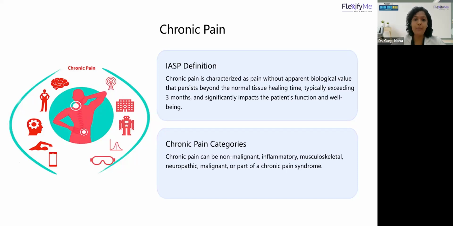Now, chronic pain को भी हम ना sub categories में divide कर लेते हैं to understand what is the reason of your chronic pain, right? So, broad categories are malignant pain, non-malignant pain, and a chronic pain syndrome. So, what is a malignant pain? Malignant pain मतलब कोई भी जो दर्द है, that is because of your cancer, right? Underlying tissues में अगर cancerous tissues है, if there is underlying cancer in some joints, in some organs, so that pain is called a malignant pain.